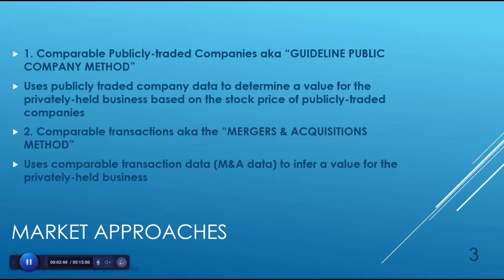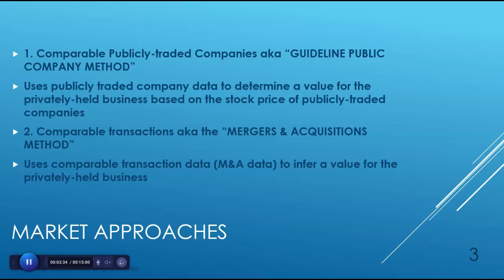The second market method is called the comparable transaction method, also known as the mergers and acquisitions method. What this method does is it uses comparable transaction data. So when a transaction has occurred, for instance, if one company has purchased another, we have the knowledge of the purchase price. We also have the available historical accounting information for the target company. That's the company that was acquired. And we can use those two measures to come up with valuation multiples. The difference between these two methods is that comparable publicly traded companies, or the comp company method, which is the first method,